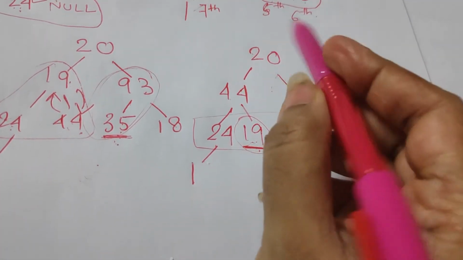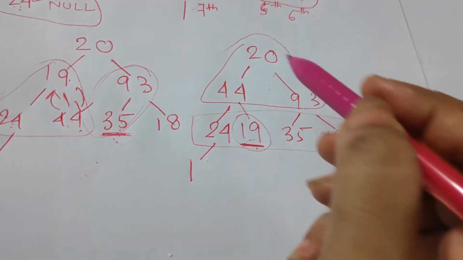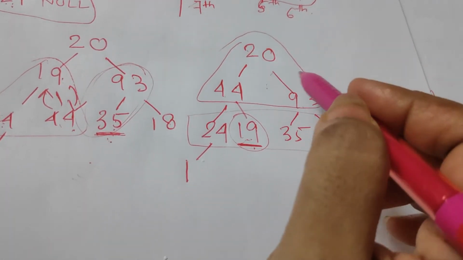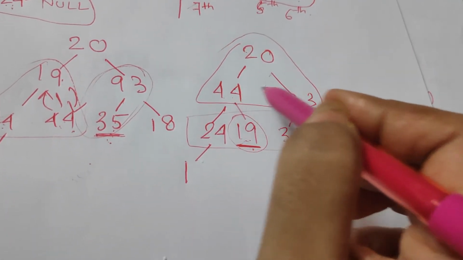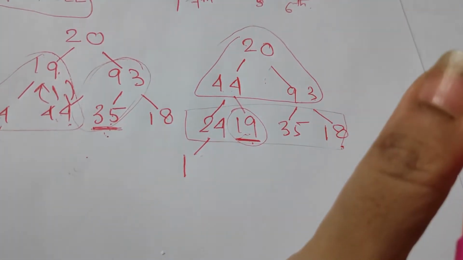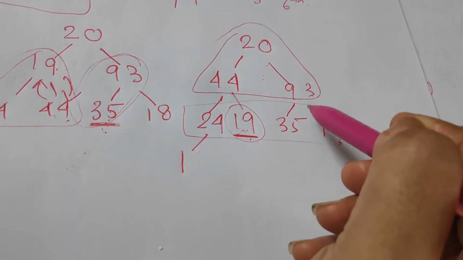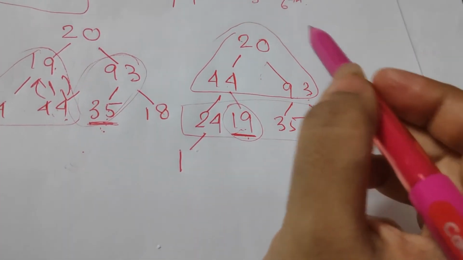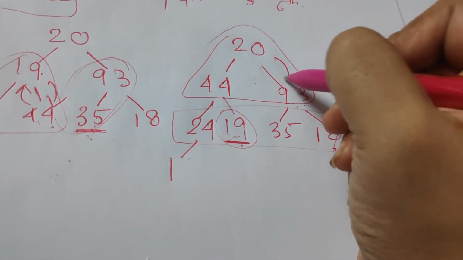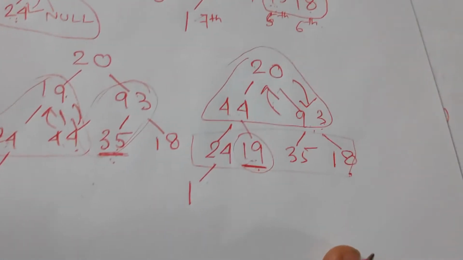93 and 20. So we will see whether these 3 nodes are creating a max heap. But again we find that 44 and 93 are greater than 20, so it is violating the concept of max heap. So again we will search for the maximum of these 3, that is 93, and replace the root node with 93. So 93 would be swapped with 20. So we will get the